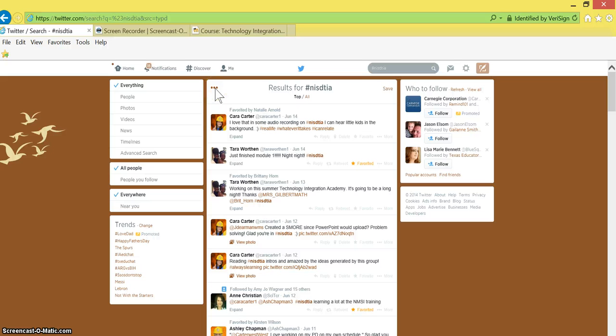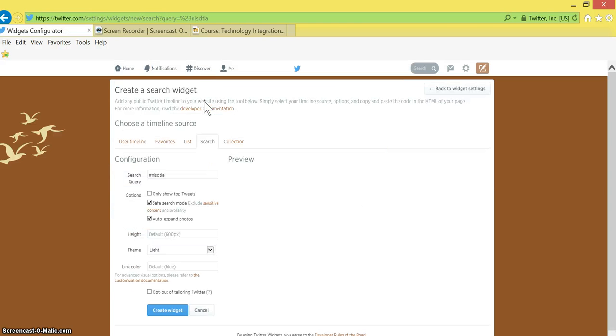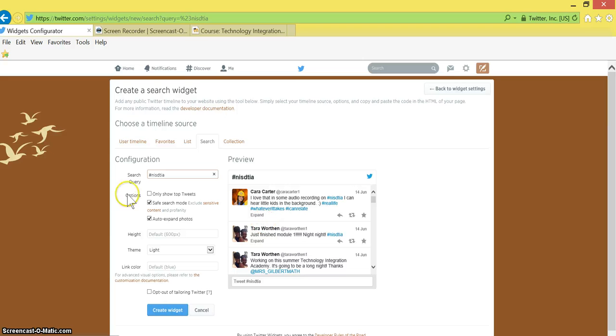At this point, I can just click on the dots, which is the symbol for more, and it then will just give me the option to embed this search. When I click on that, it will allow me to create a search widget. So for example, I am on the search tab, and it went ahead and popped in NISDTIA, and it asks